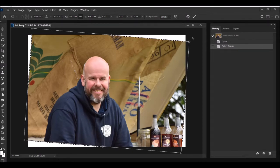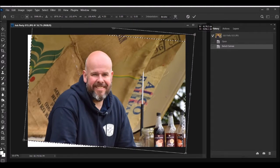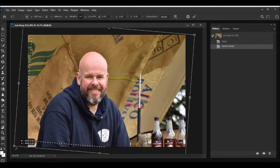So to make sure that that corner handle there keeps the picture in proportion, I'm going to hold down the Shift key and then click on the handle to start the stretch. And I'm going to come down here and try this one. And we've got rid of all our white bits, but I'd still like the chap a little more to the left,